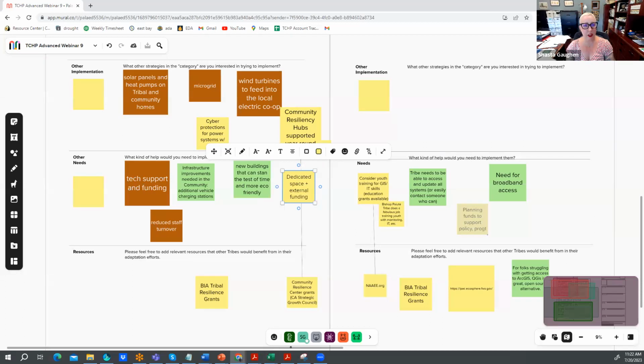So, Tim, you mentioned you're going to be applying for that Resilience Hub grant. For those who are in California, it's not due, I think, until September, but you had to get your pre-application proposal in by June 16th. There's also the new BIA Tribal Resilience Grant solicitation that just opened, and I got an email about that this morning. So that might be one that I explore for some building implementation or building renewal. But anyway, that all has to do with both infrastructure and IT needs, because it's more infrastructure to help people. But to me, the next question becomes,